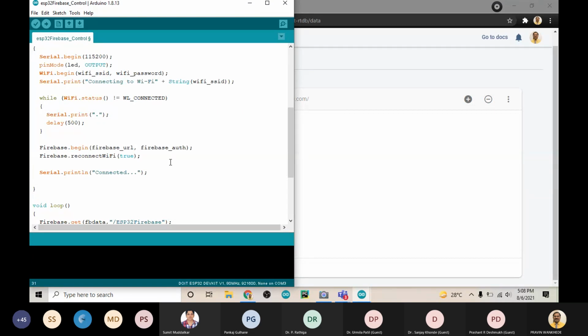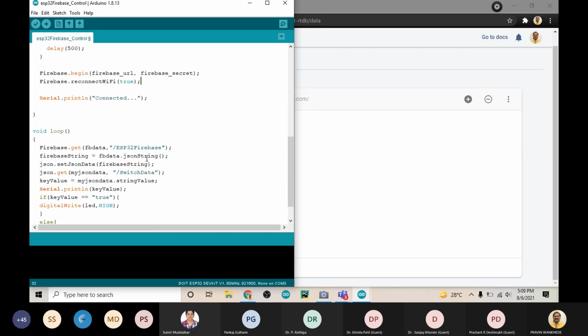Then again the same instruction, that is Firebase.reconnectWiFi. So if in the middle the Wi-Fi is disconnected, once the Wi-Fi gets connected again, it reconnects to Firebase.